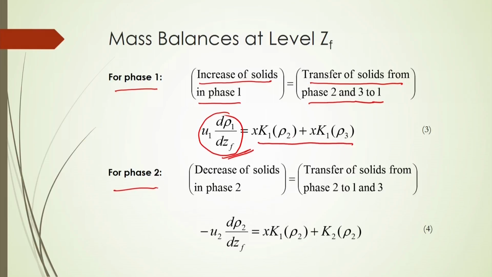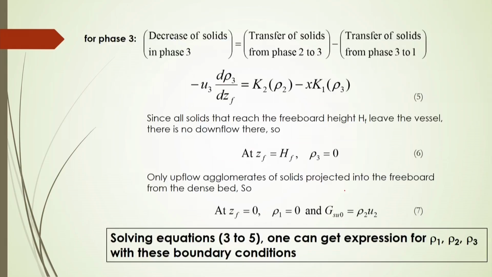Similarly, for phase 2 you can represent the transfer equation by equation 4. And for phase 3, the decrease of solids in phase 3 will be the transfer of solids from phase 2 to 3 minus the transfer of solids from phase 3 to 1, which can be represented by